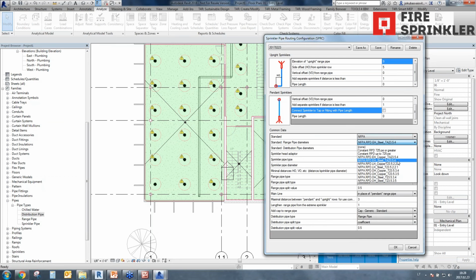And you can choose from the tables that are for copper and steel, and you can choose the tables for ranges and for distribution pipes. If you're familiar with NFPA, you will probably understand that this is a table from the NFPA. This is a table number from the NFPA standard. As well, in this